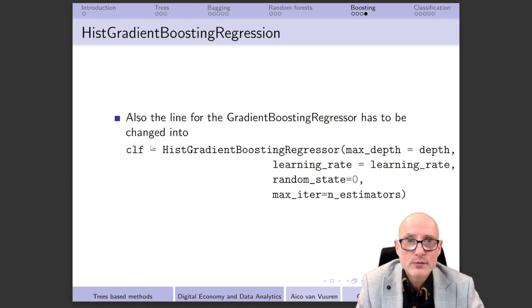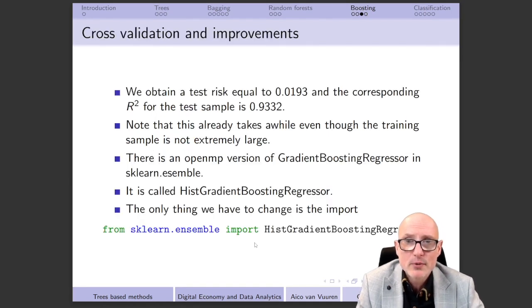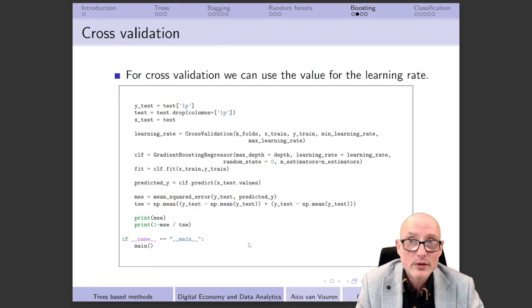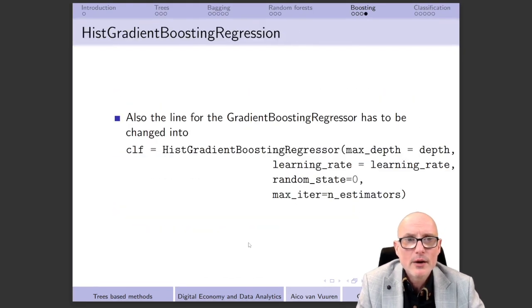Apart from the fact that you have to change this line in the program that I showed you on the previous slide, we also have to change the line that introduces the gradient boosting regressor, because there we also need hist gradient boosting regressor. All the options are exactly identical, with the only slightly annoying difference that n_estimators is no longer called n_estimators, but is now called max_iter. But apart from that, everything is exactly